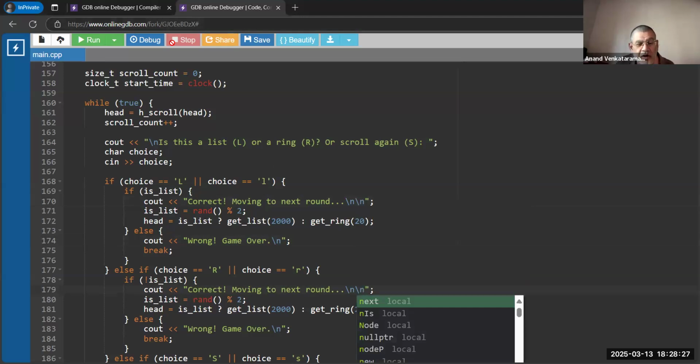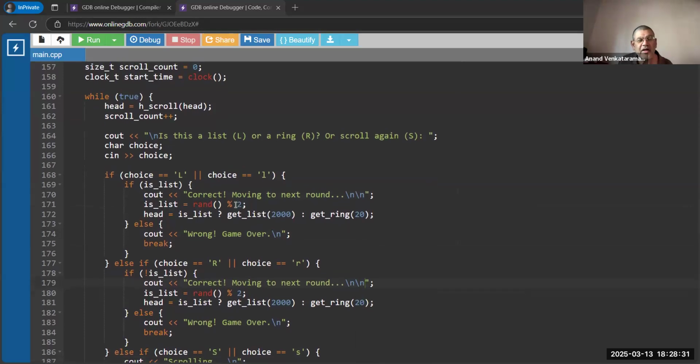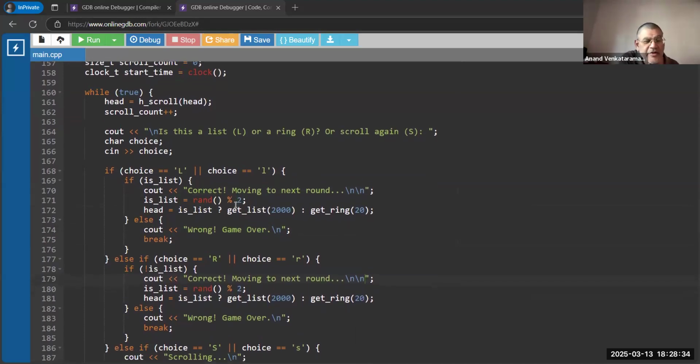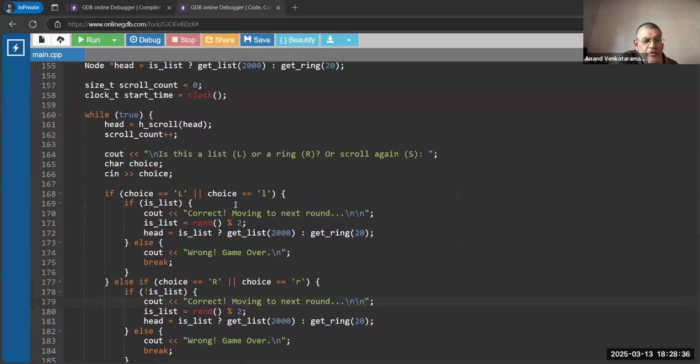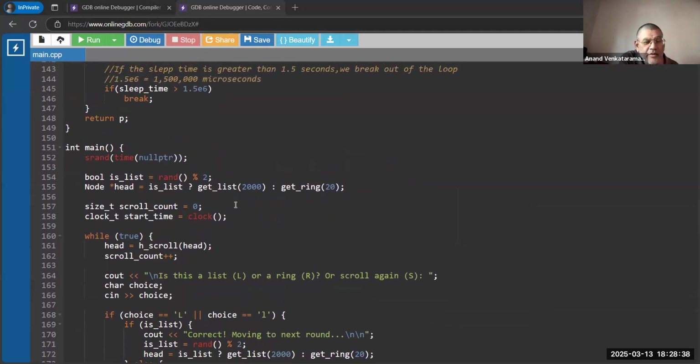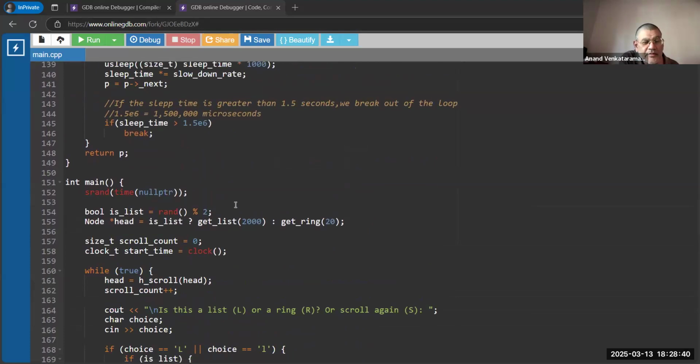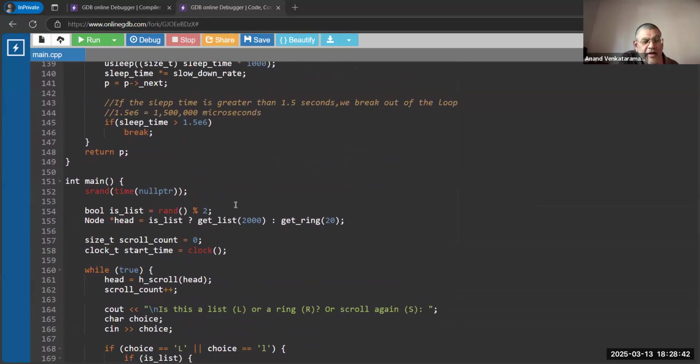Right. Get ring 20. I think we don't have to use constants for these. Scroll up a little bit more, just a little bit more. Let's create some variables here and use them. Okay. Go to the end of